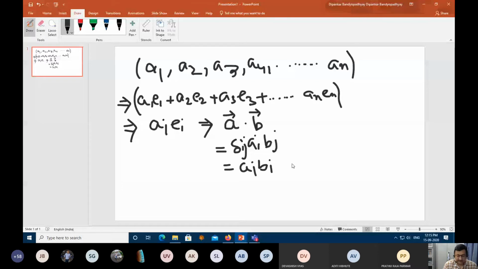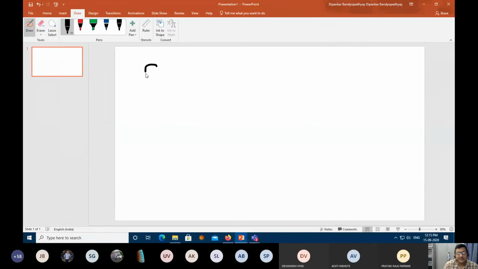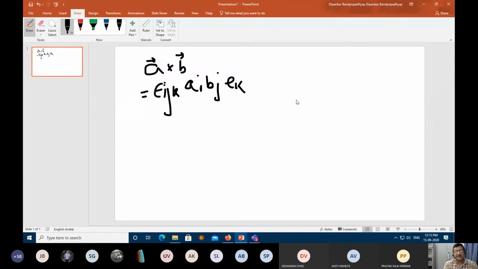And then what we learned is that if this is the dot product, then we can really go for the A cross B. Say you have a vector A, and then you are taking a cross product with respect to B. So what is the outcome of it? The outcome should be epsilon ijk, then you have ai bj, and then you have the unit vector which is perpendicular to both,